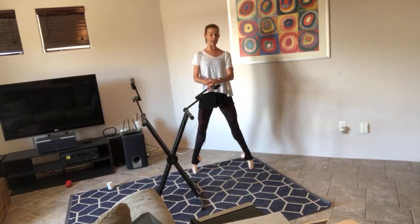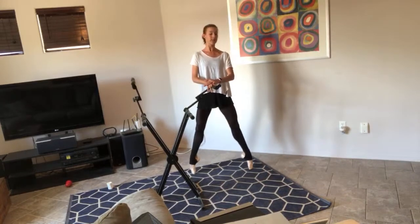6, 7, and 8. Plie, releve, just the toes, again, releve, just the toes, plie, releve, now straight, press up, one more straight, press up, lower straight, same thing second, plie, releve, just the toes, ankles don't move, not too wide of a second, just the toes, leave the ankles there, plie, releve, lower